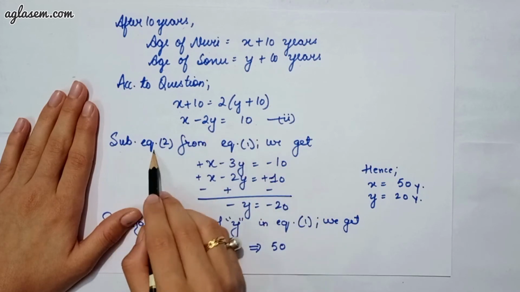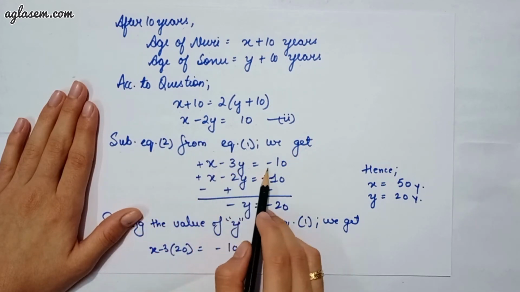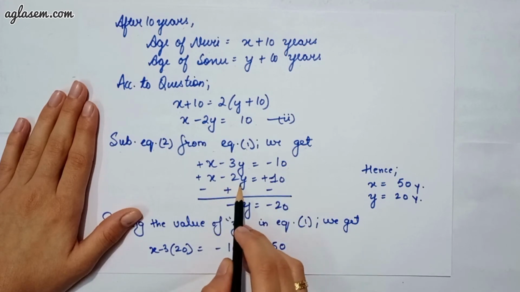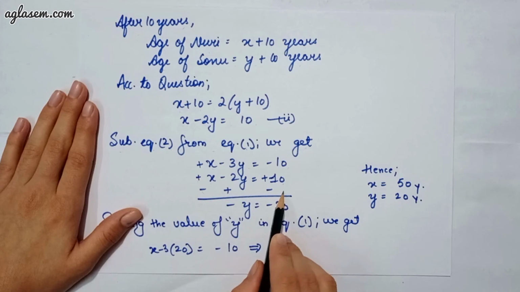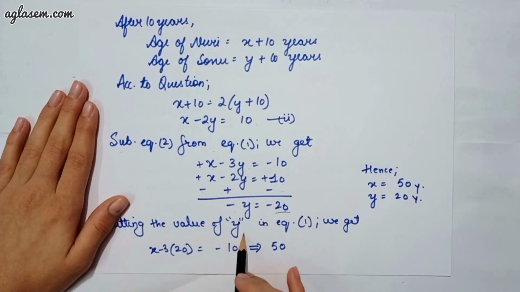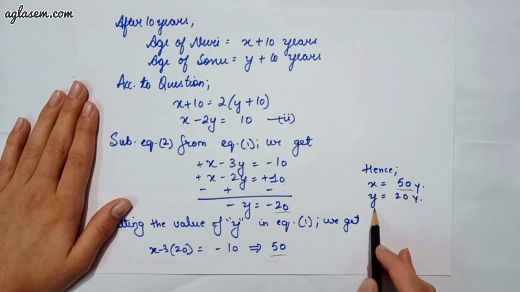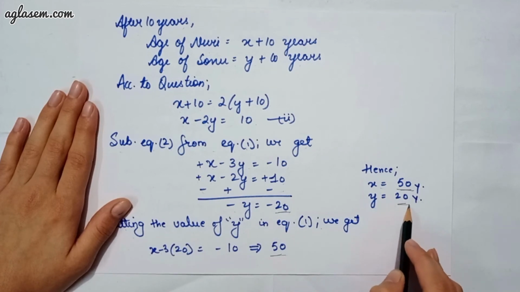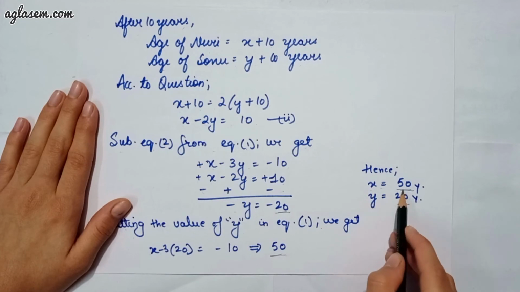So now we have to subtract equation 2 from equation 1. We will get X minus 3Y is equal to minus 10 and X minus 2Y is equal to plus 10. So again we have to subtract. It means we have to change the sign and our Y value will come as 20. So now we have to put the value of Y in equation 1. We will have X minus 3 into 20 which will give you 50. Therefore, X value is 50 years and Y value is 20 years. So here, the value of X, that is, the age of Noori is 50 years and the age of Sonu